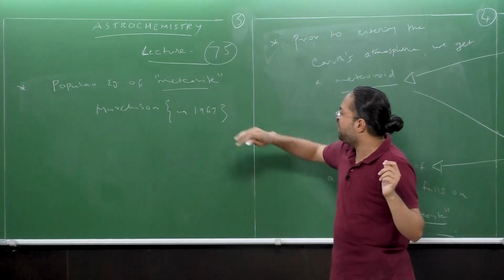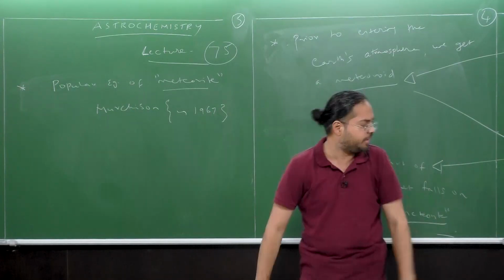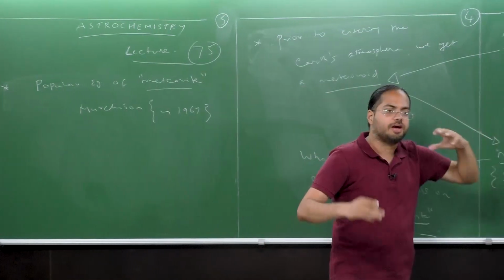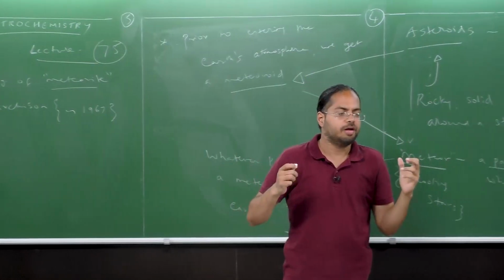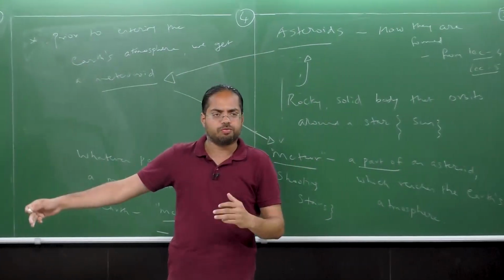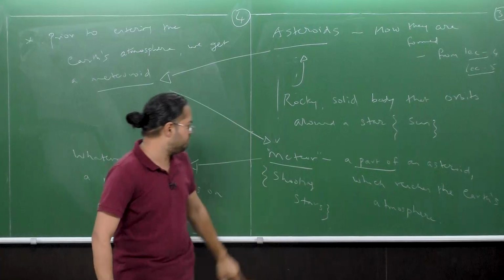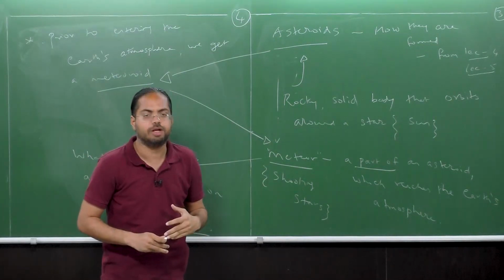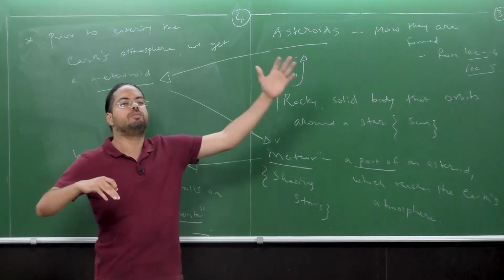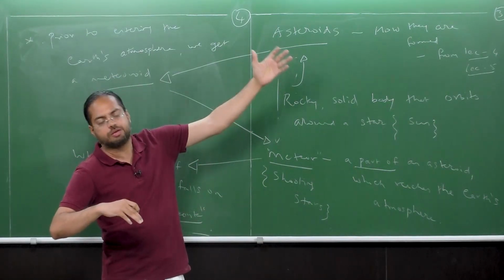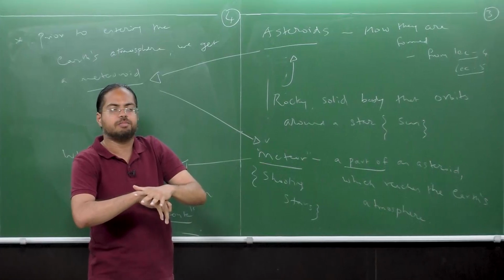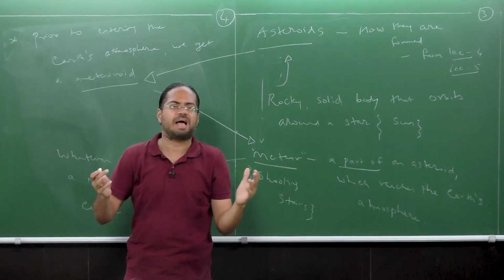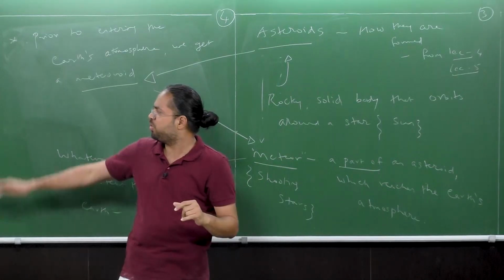So a lot of meteorites do fall on Earth. In fact, meteor showers are pretty common. So we are constantly facing a lot of meteors and meteorites falling on Earth. But most of them are small in size, so they're not going to be that harmful. When I say harmful, the probability of a meteorite falling on Earth and completely shattering the Earth or causing damage is very low. So typically